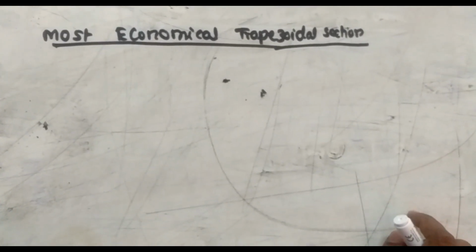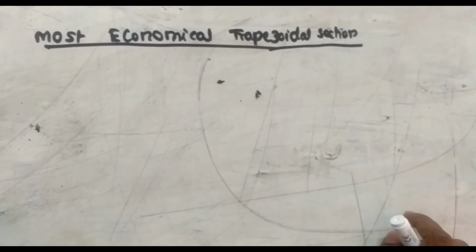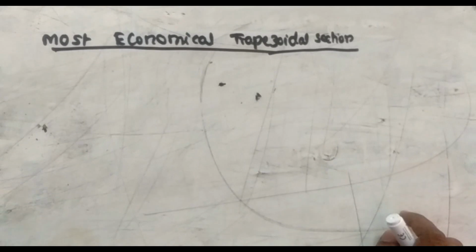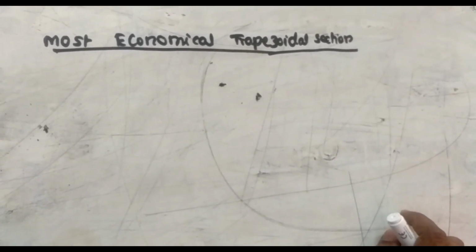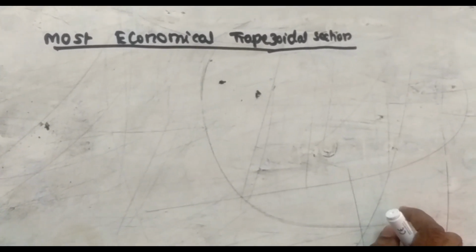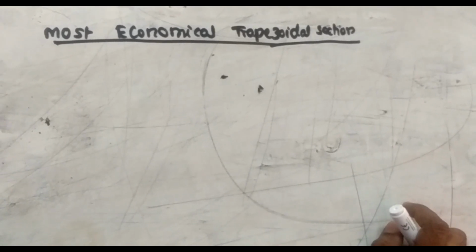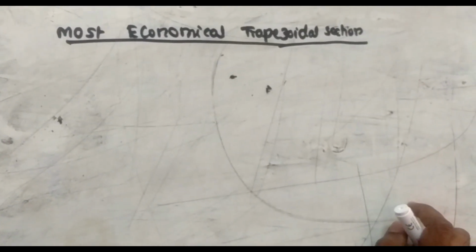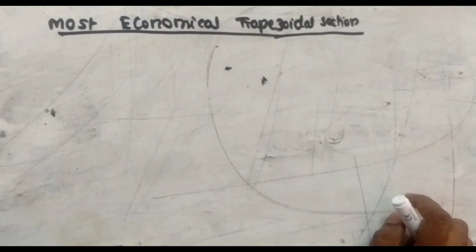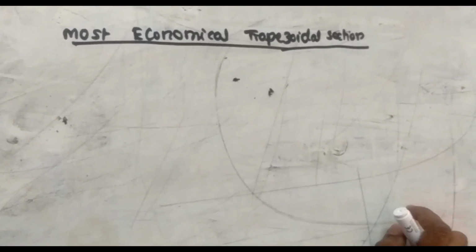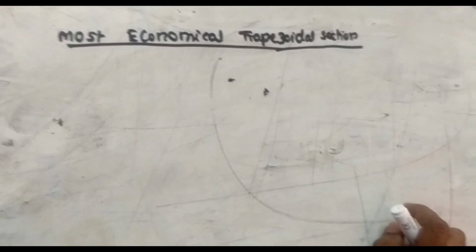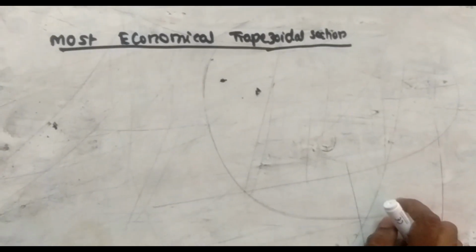Today I am going to teach the most economical trapezoidal section. This is the most important derivation, and it's a bit lengthy. Why is it called the most economical trapezoidal section? What do you mean by economical? Economical means the financial